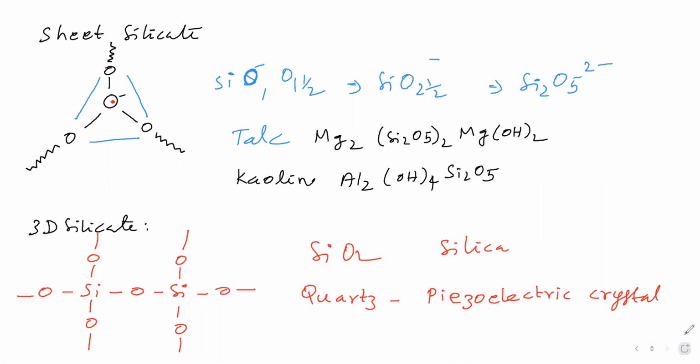Okay. Next we will see silica gel. The next use of silica is silica gel. The silica gel will be placed in all the electronic goods. In the electronic goods, these packets will be placed. It is placed in a packet, and the packet will be placed in the electronic goods. Why? Because it is a very good absorber of water, so it will absorb moisture, so electronic goods will not get moisture. Because of silica gel, electronic goods will not be affected by moisture. It is a drying agent.